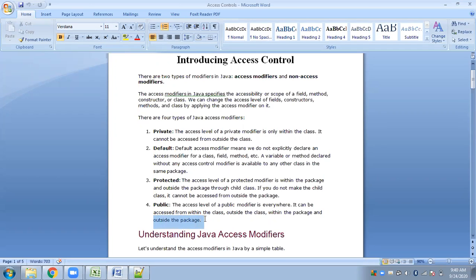Any data member declared as public can be accessed from outside the package as well, that means from anywhere. This is the restriction in default, except that default and public are the same.